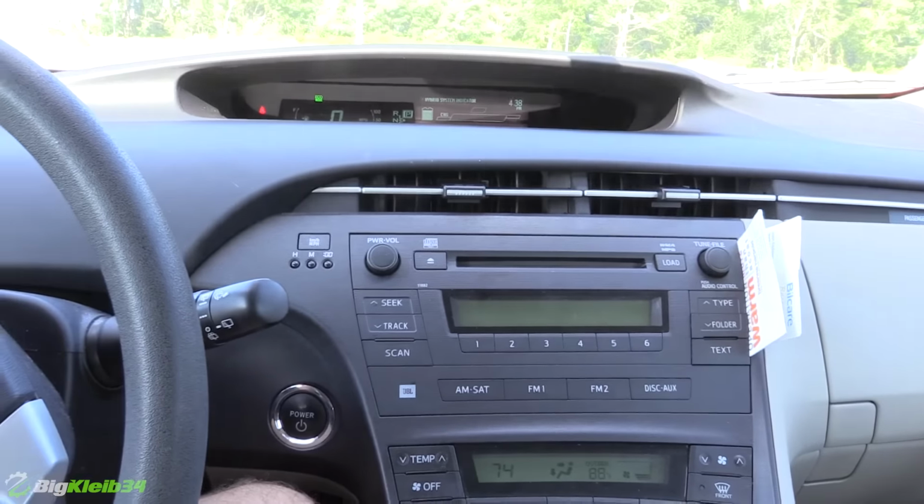Now, when I was doing just a little bit of research on this thing, it said, we're gonna get rolling here so I could talk while we're rolling, but eco mode, this is weird. Like, you can't hear anything. There is no motor. Well, there is a motor, there's no engine noise though. All I hear is the tires. Excessive speed. So your electronic vehicle mode goes up to 25, and I think it kicks off under excessive acceleration too, because I was thinking that if this car had a saving grace of being fun to drive, it would be the instant torque off of the electronic vehicle mode, but